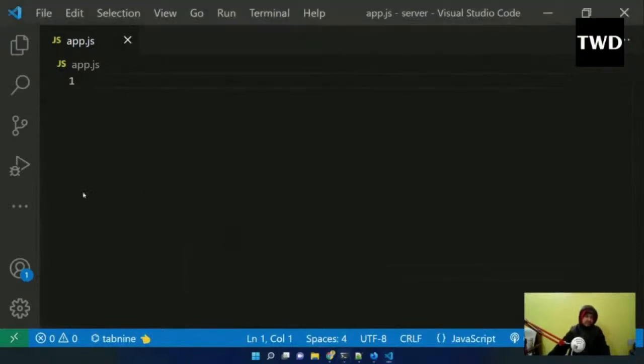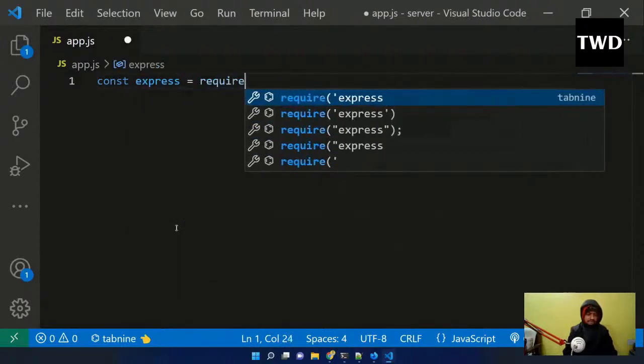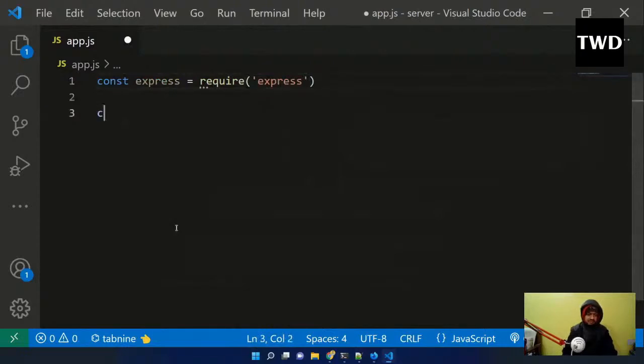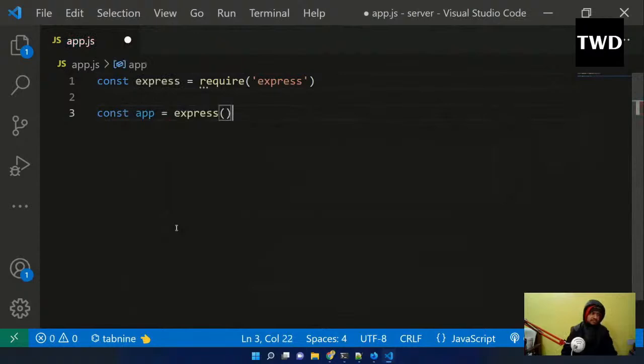So now we'll learn how to use Express.js. Let us create something of our own, and then we are also going to use that API endpoint. So const express equal to require express, and const app equal to express. Do it like this, and then